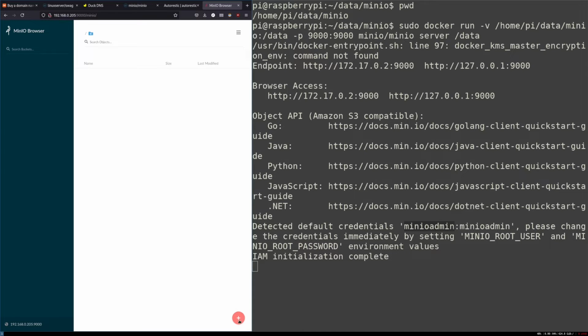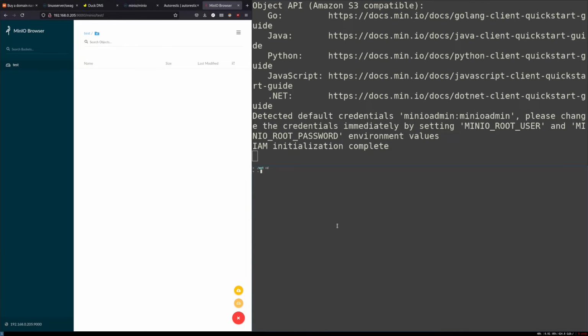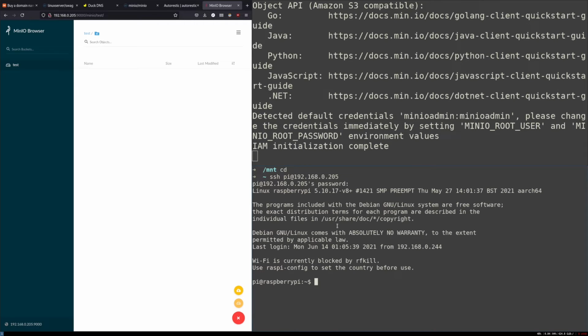I'm going to go ahead and create a bucket just called test. Now I have a bucket test. I'm going to create a separate SSH connection to the Pi. Go to data MinIO ls, and there's that test directory that I just created on the MinIO server browser. So that confirms that MinIO server is correctly working on the Pi, but this is not going to be the end state